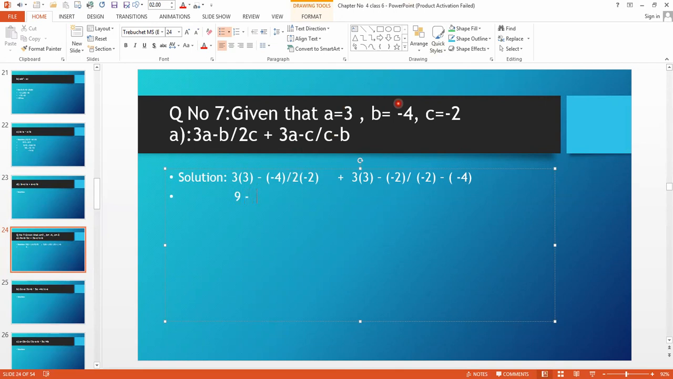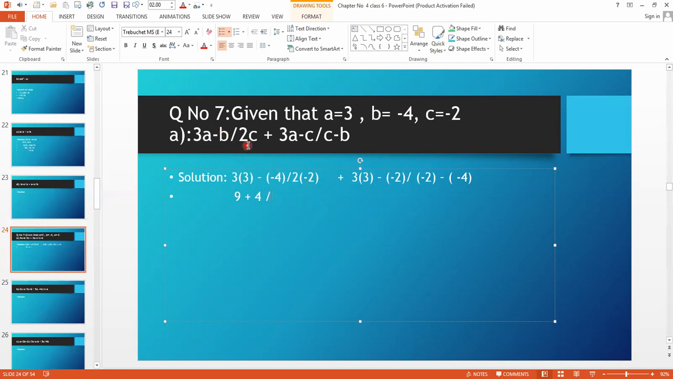Now come here. Look here. This one is 3A minus B over 2C. Okay. Look here. So minus into minus, it becomes plus. So I have to put here 9 plus 4. Yes. And it is divided by, look here, that is,